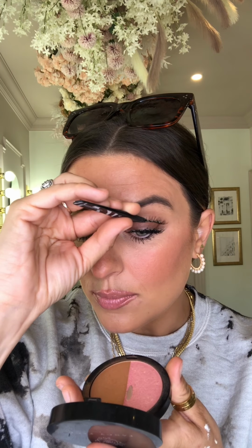And then again, a healthy amount of glue, just using the back of the tweezers there. You wanna let that sit. It's been sitting on the back of my hand for a while now, so it's probably good and tacky and ready to be on the eye. Do not look into the mirror, because looking into the mirror is gonna block your eye, as I mentioned. Looking down into my compact, and I just press